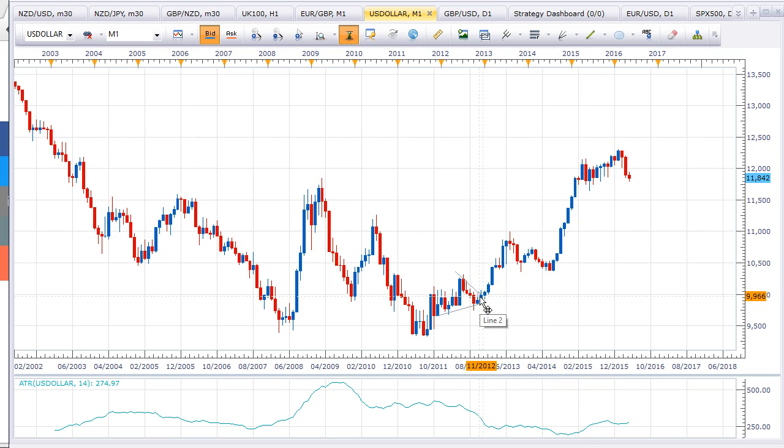So you could say that from Obama's re-election in 2012, we've gone from 10,000 to 12,000. That's quite a big move. Whereas with George W. Bush's re-election, we went from 10,500 to 11,500, so half of that move, and then shortly after, a down move as well. So a greater actually down move. So perhaps the dollar wasn't ready to push higher at this point, regardless of who won the election.